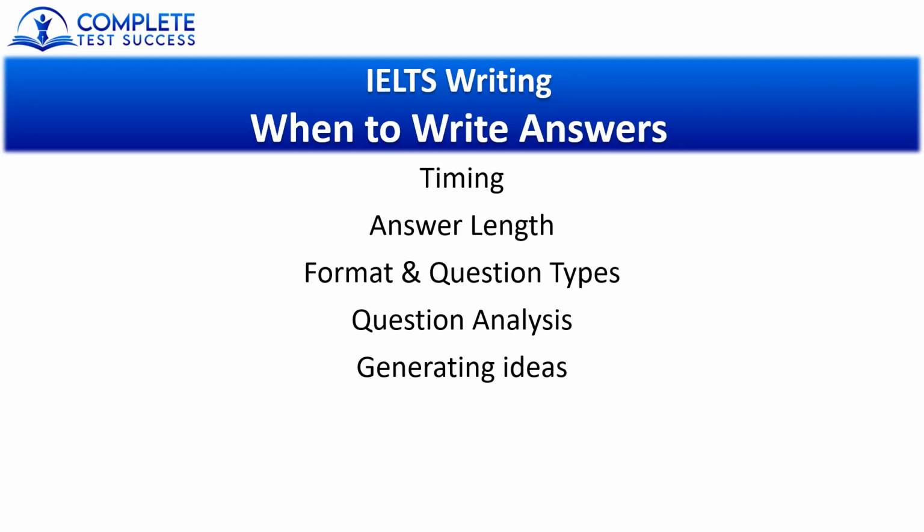However, if generating ideas and question analysis are your biggest issues, what I would recommend is that instead of writing full practice essays, what you can do is just write the plan for those essays. And that will give you the practice you need, and of course, you can do more of those in the same length of time. You will also be able to improve your ability to use the various structures you need